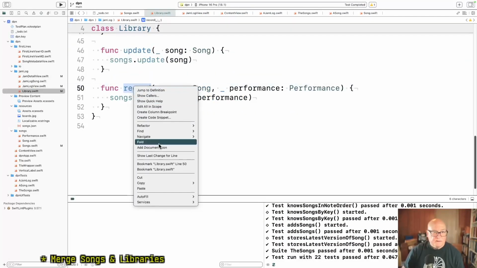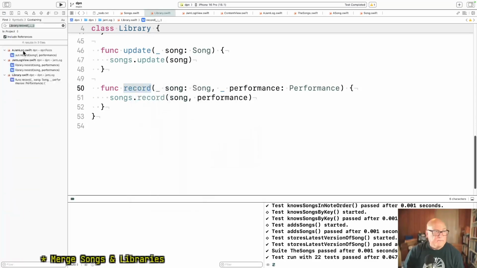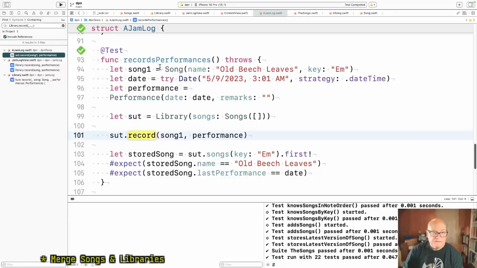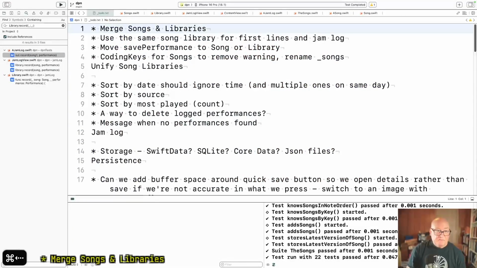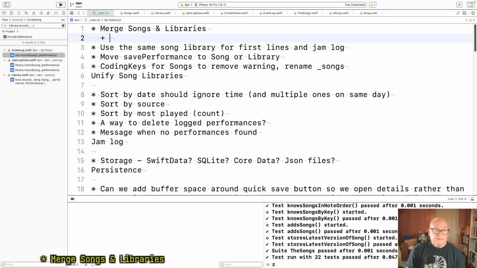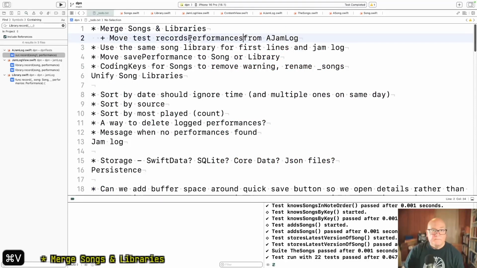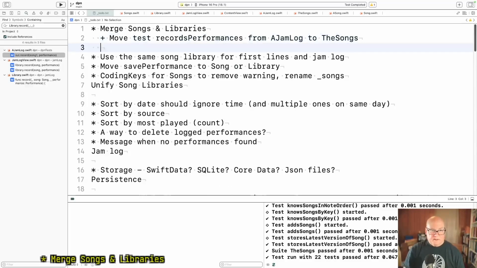Library. This test could probably be on songs. All right, we'll pick up there tomorrow. Okay, so this is, well, it's really merged songs and libraries. Move test from a JamLog to the songs. All right.